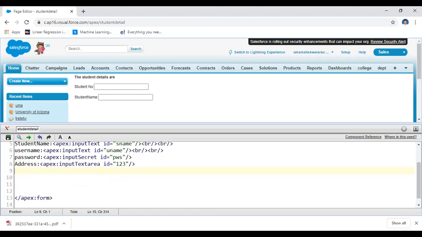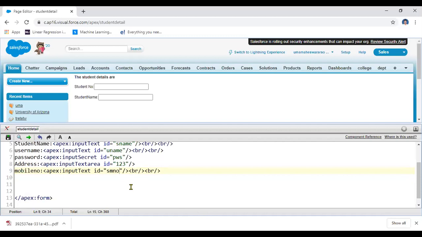Student details, address. If you need a mobile number, you may use the mobile number here. Your mobile number also you may take as an input field. That means for the corresponding one, the mobile number. And then another important one here is the mobile number, address. Here you may, if you need,